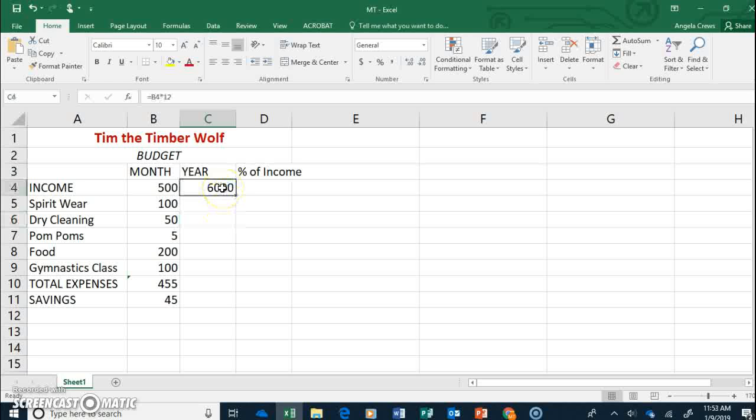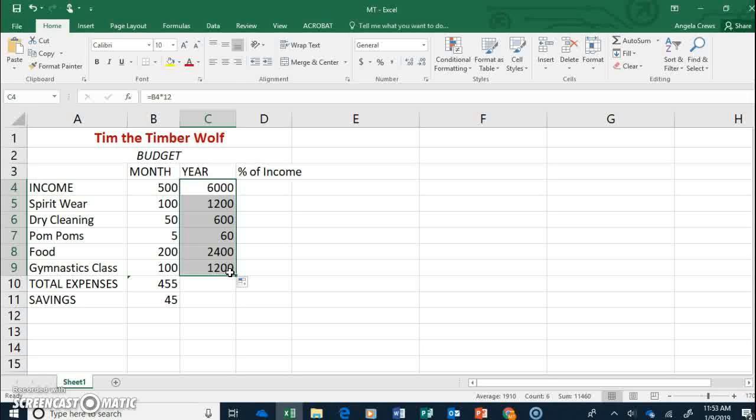So I'm going to click here in the cell that I want to copy. Hover the mouse in the lower right-hand corner. If you look here, you can see right here that there is a thicker rectangle in that lower right-hand corner. When you hover your mouse over it, it converts it to a thin T or a thin cross. This is what we call the fill handle. So I'm going to click on that and drag that down through to gymnastics class. Okay, guys,